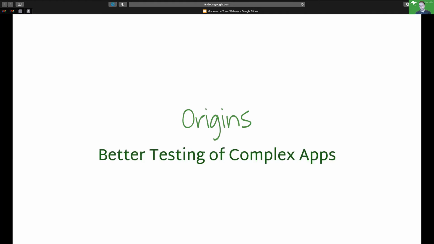Before I get into some of the more powerful features, I want to talk about the origins of Mockaroo and why I created it, to give you some perspective on it. It started many years ago, probably 2013 or 2014, and I was leading a development team at a small life sciences startup. I had 8 or 10 developers and 3 or 4 QA people. The problem at that company was that we built apps for very complex workflows in clinical trials and specimen management. So the domain was pretty complicated.